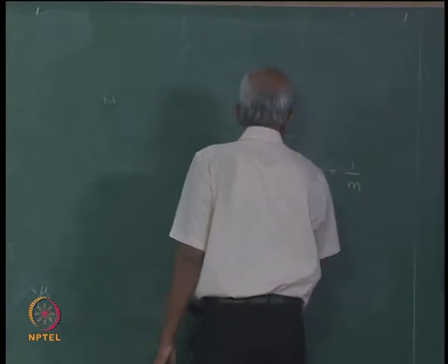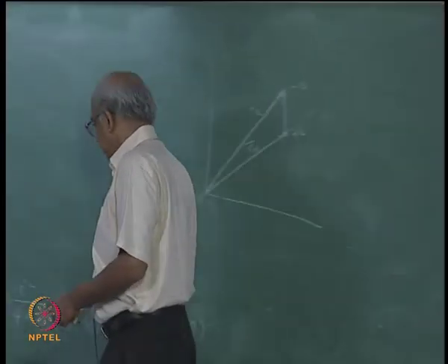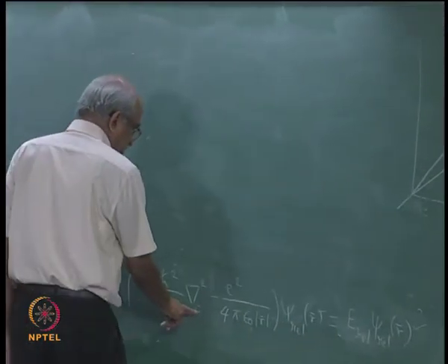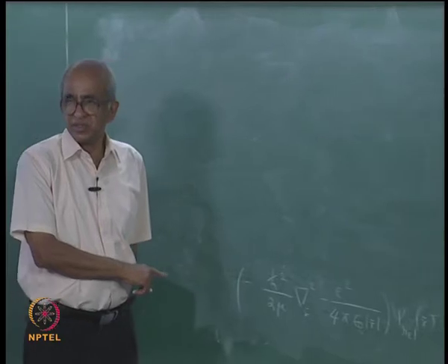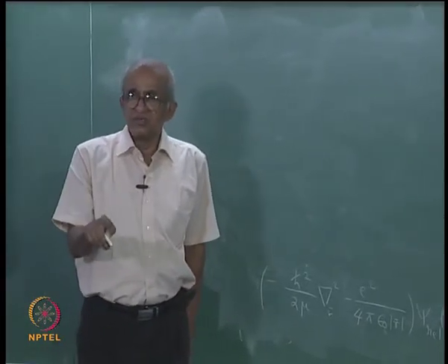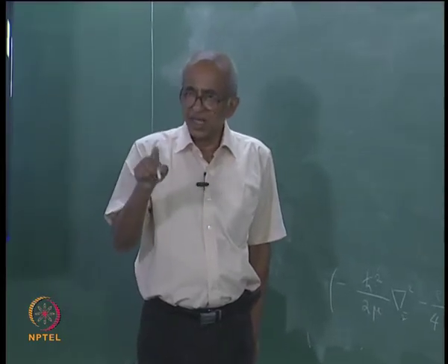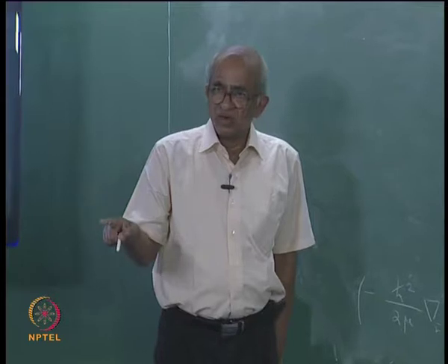And not only that, I am actually going to simplify my notation. See, this r I will not be writing anymore, because it is a nuisance. But when you see del square, you have to understand that this is differentiation with respect to small x, small y and small z, which are actually relative coordinates. Okay.